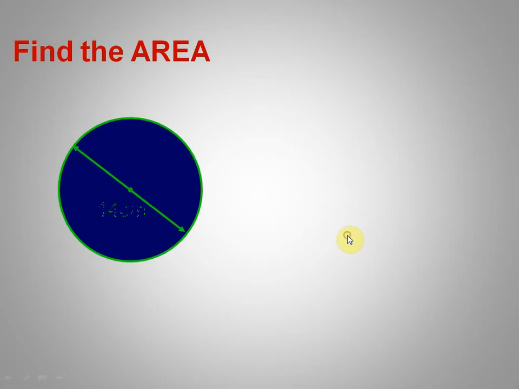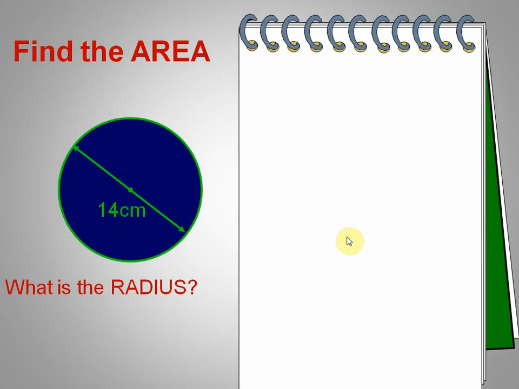Next, moving on, the area of the circle. Now it gave us the diameter. The diameter is 14 centimeter, but we need the radius. So you know that the radius is half of the diameter. When you divide the whole diameter by 2, you get the answer, which is 7. 14 divided by 2 is 7 centimeters. So half the distance is 7 centimeter, the full distance is 14 centimeter. The full distance is the diameter, half is the radius.